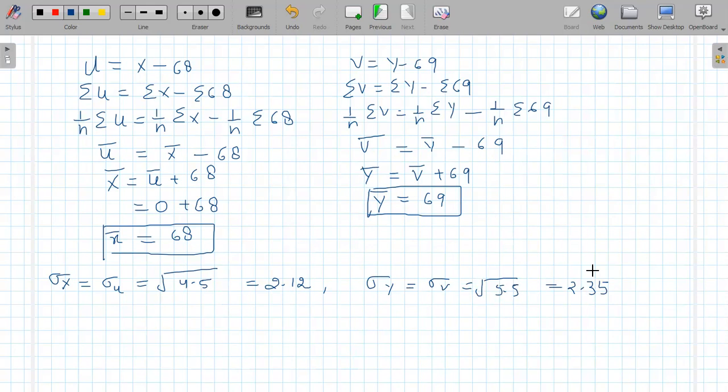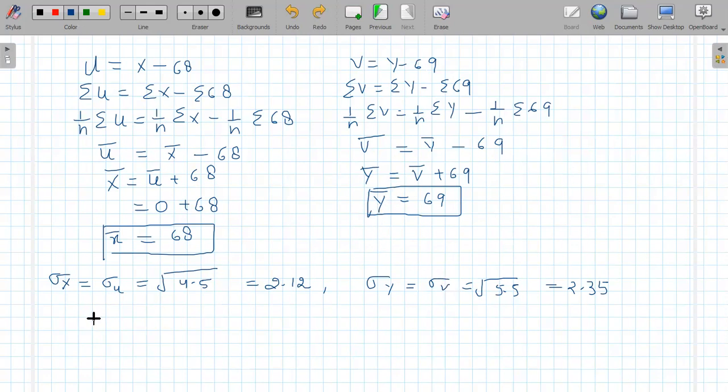क्योंकि यहाँ पे डेविएशंस मीन वैल्यू से लिए गए हैं इसलिए ये दोनों वैल्यूज इक्वल आएंगी when the deviations are taken from mean, क्योंकि यू कैन सी दैट जो हमने एक्स का डेविएशन 68 से लिया था वो 68 नथिंग बट वो मीन है एक्स का, और इसी तरह से 69 भी मीन है वाई का। जब डेविएशंस फ्रॉम मीन वैल्यूज लेते हैं तो वेरिएंस ऑफ एक्स वेरिएंस ऑफ यू के बराबर होगी, ठीक है। इसी तरह वेरिएंस ऑफ वाई वेरिएंस ऑफ वी के बराबर होगी।